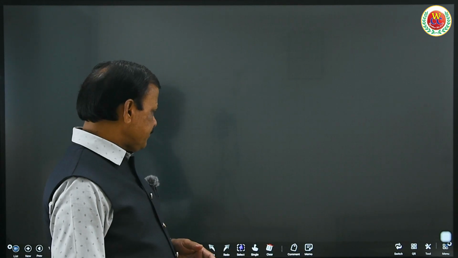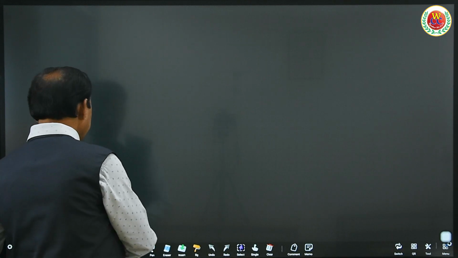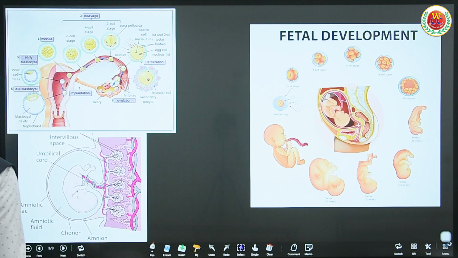As a part of the series of lectures, today's topic is implantation and development of the embryo. We learned fertilization, and that the zygote is formed and is now ready to undergo cleavage and get implanted into the uterus for further development of the embryo. As shown in this diagram, before starting our video, we can visualize this diagram so as to understand some initial stages of development of